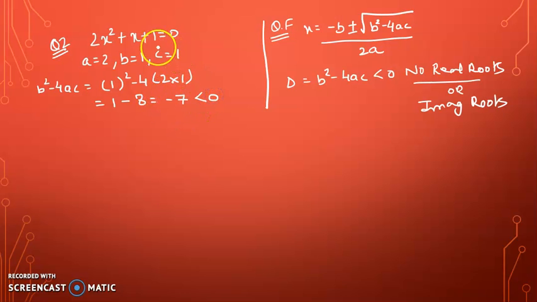Okay, so whenever you are solving this exercise 5.3, you will see that all the equations will have the discriminant less than 0, that is no real roots, imaginary roots. That is why we are using complex numbers. Now I'll tell you, in these types of equations in exercise 5.3, you can directly use the quadratic formula in another way. I'll tell you. See, this is the quadratic formula.